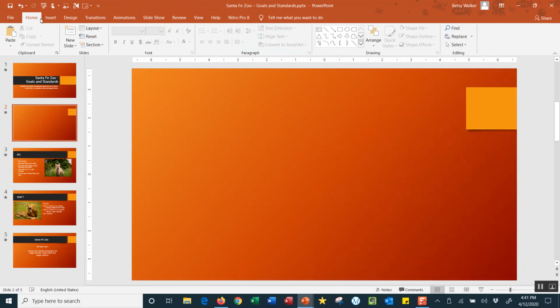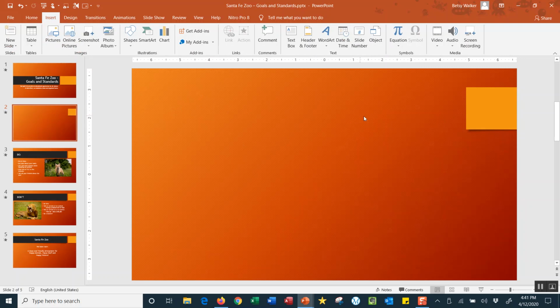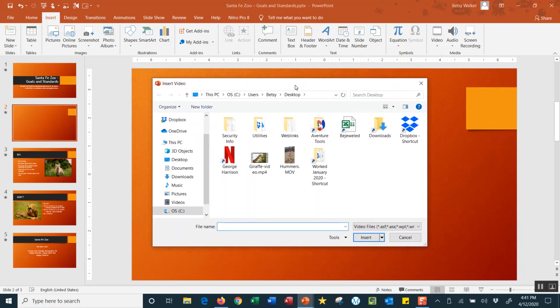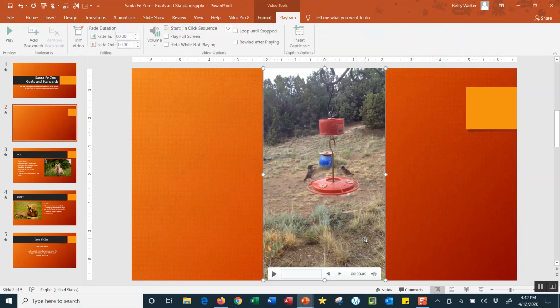So once again, I'll click the Insert tab on the ribbon. I'll come down here to the Media group, and I'll click on the Video button. And this time I'll say that I want to insert a video that I have on my PC. I'll click that option, and the computer immediately opens up a dialog box for me to go find the video so I can insert it. I have it waiting for us on my desktop. It's a little video about hummingbirds. So I have that selected, and I will click the Insert button on the dialog box. There's a bit of a hesitation, but there's the video.